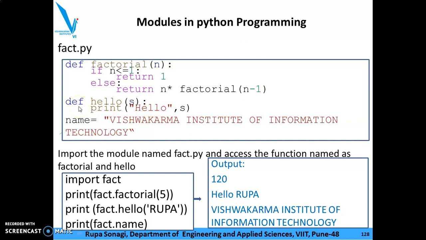Next function I want to write: def hello, the name of the function, and the argument is s. In that I want to print hello, s. And one more variable is defined, name equal to Vishwakarma Institute of Information Technology. Now let us see how we can import it and how we can access the functions as well as the